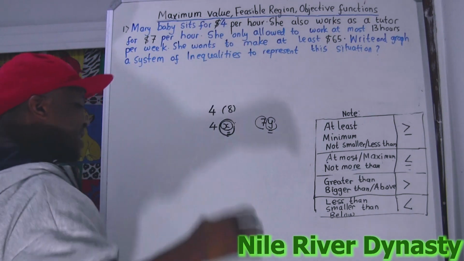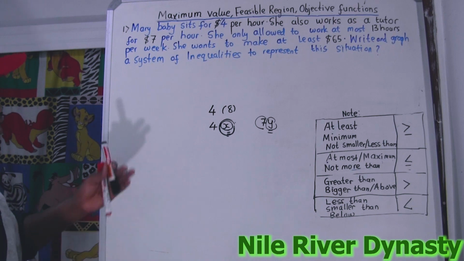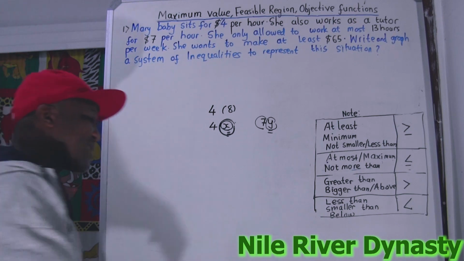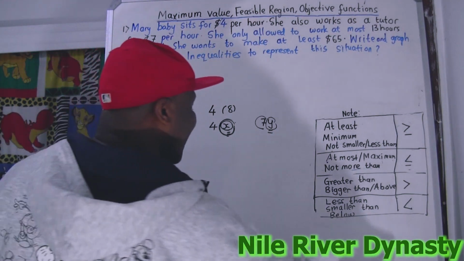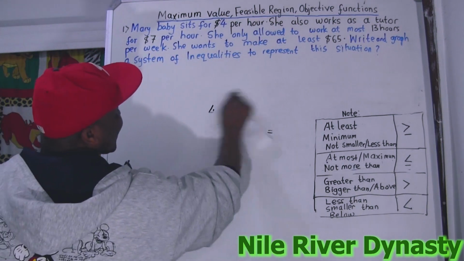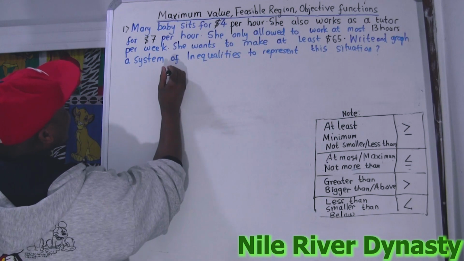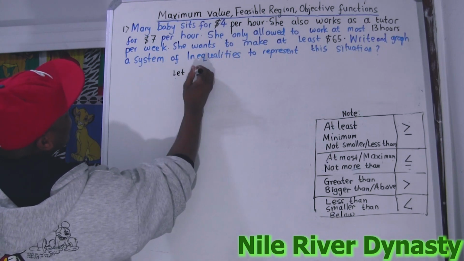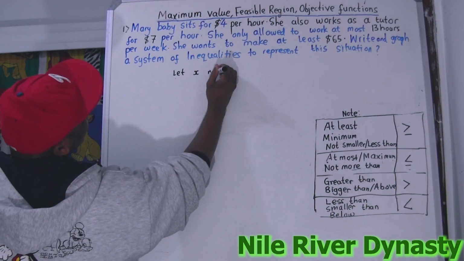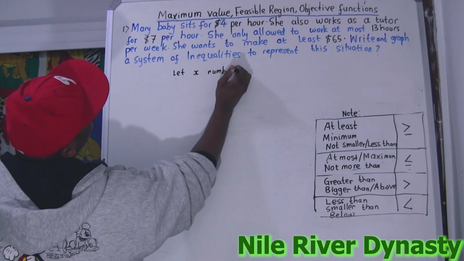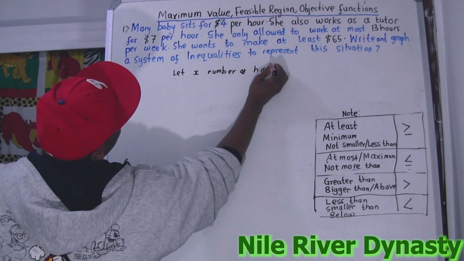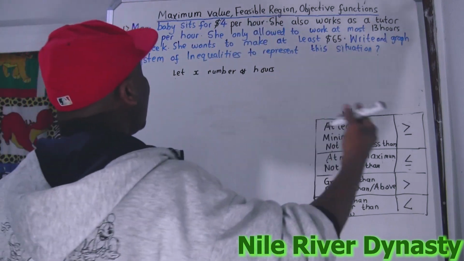Okay, so now let's make a table. There are a lot of ways you can do it. You can just do it straight away, or you can make a table. But I prefer a table because sometimes these things can get bigger, and if you don't have a table, they can get you confused. So I'm going to say, let x represent the number of hours that Mary